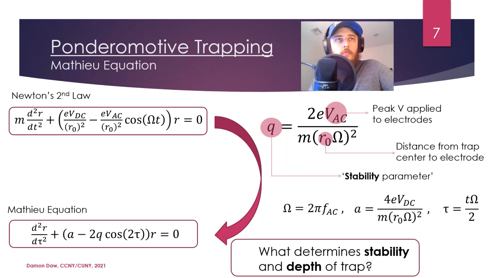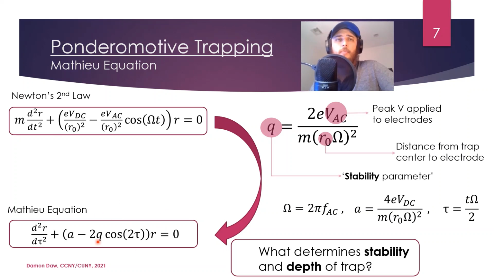So this is Newton's second law for the trap I just showed, for example. This is for a quadrupole potential that's sinusoidally varying. And you can reparameterize it in the form of what's a Mathieu equation. It's a differential equation that looks like this. And this is an equation that's been studied for a long time. And people have realized that